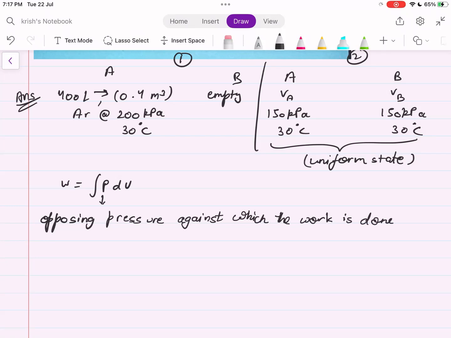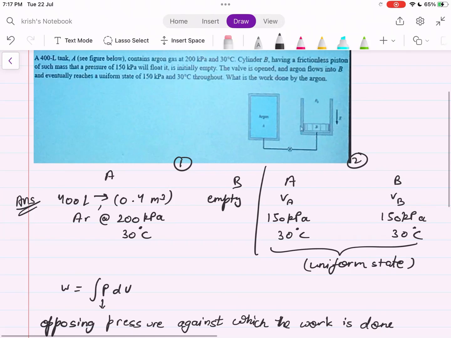Now, if we read the question carefully, we can see that a pressure of 150 kilopascal will float it, and the uniform state of 150 kilopascal is reached, which means throughout the pressure must have been 150 kilopascals. So the argon gas throughout the process is doing work against a constant pressure of 150 kilopascals that is exerted